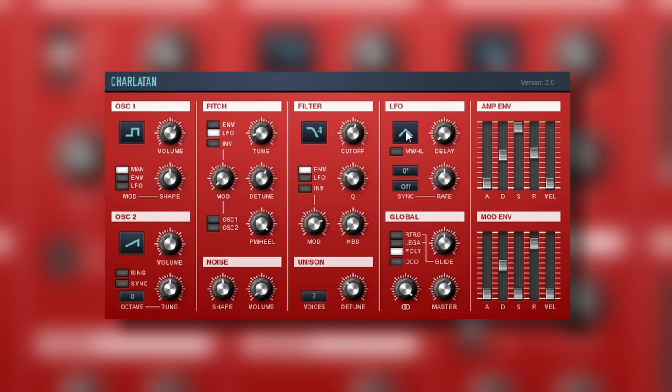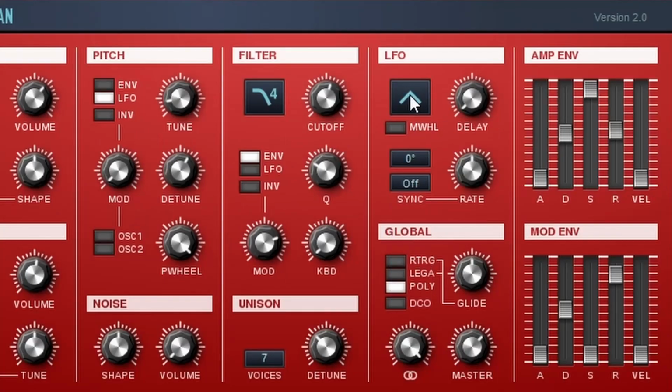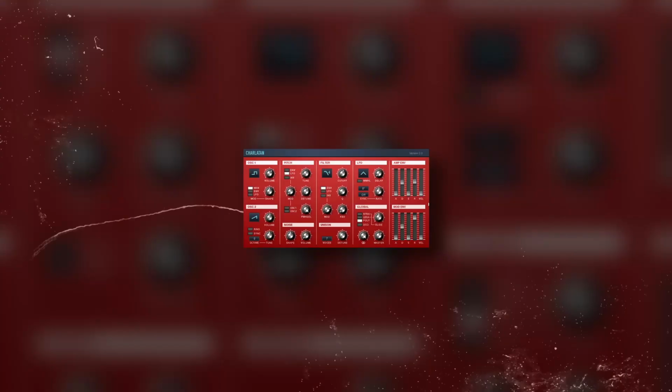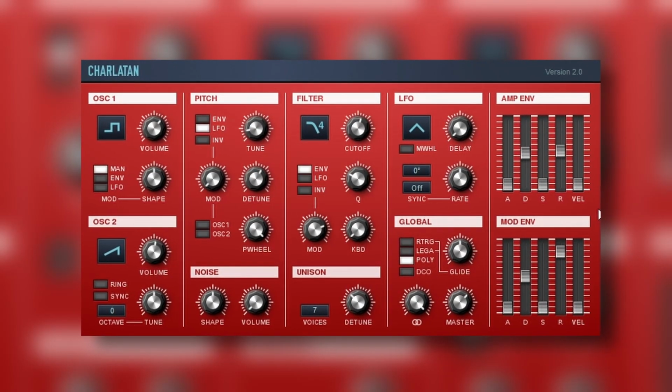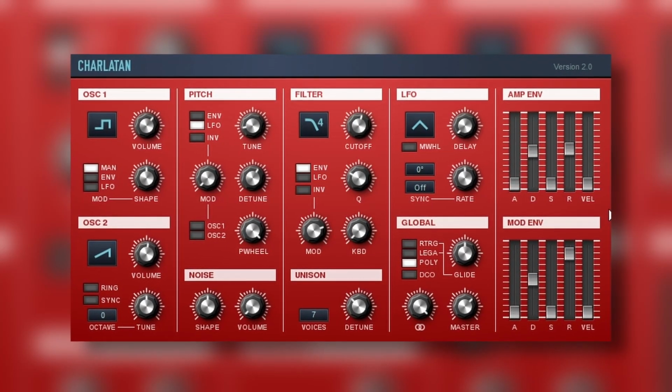And finally we have different options for the LFO, like changing the shape, increasing the amount with the mod wheel, phase, and we can sync it to the project. The envelopes are also pretty simple and it's velocity sensitive. And that's it. With this you will start familiarizing yourself with all the terms you need to learn